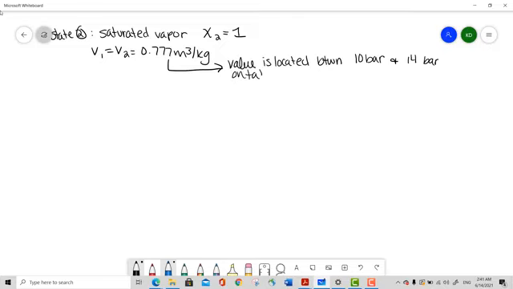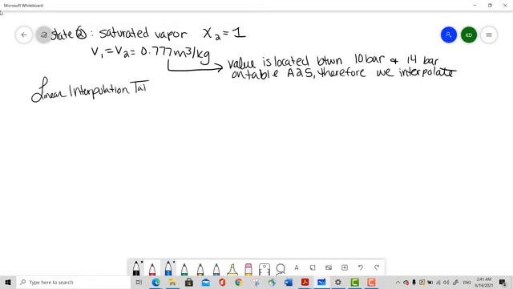On table A25. Therefore, we interpolate. Okay. And so table A14. Okay. So we have v